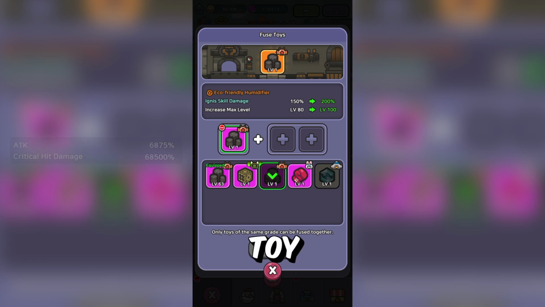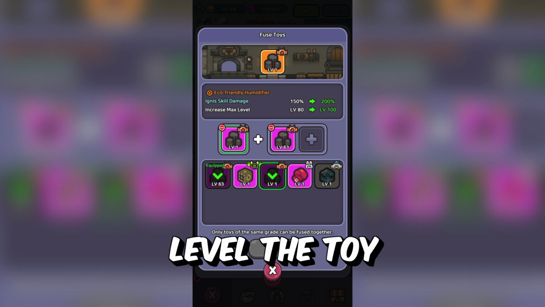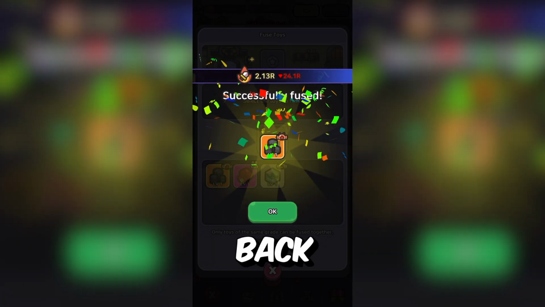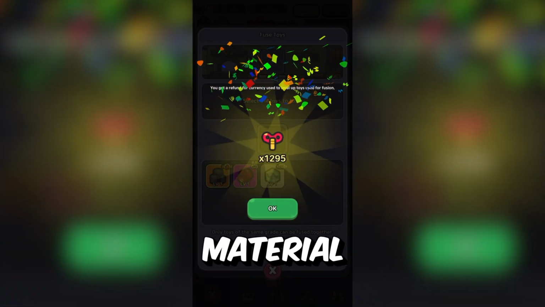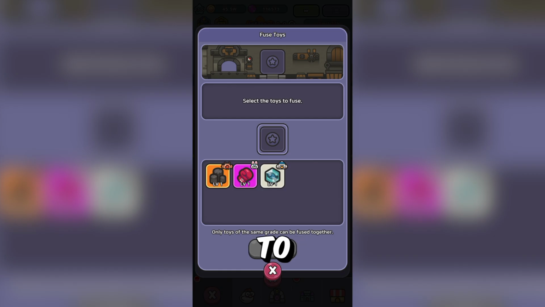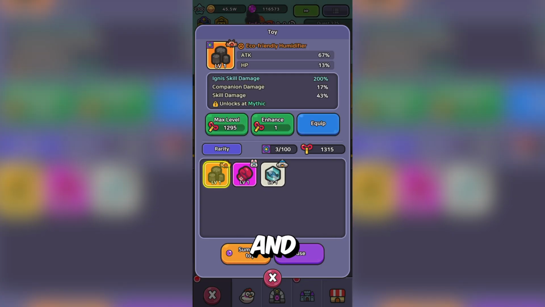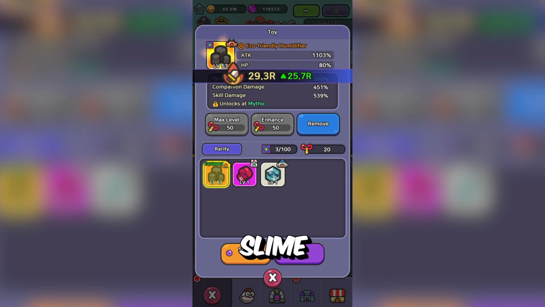If you do get a toy with that combination and you're wondering whether or not you should level the toy up, do not worry. When you fuse toys that are leveled up as the fusion material for another toy, you get refunded back 100% of the clockwork enhancement material, meaning you do not need to worry about heavily upgrading the first toy you find with attack and critical hit damage that potentially doesn't match up with your best slime,